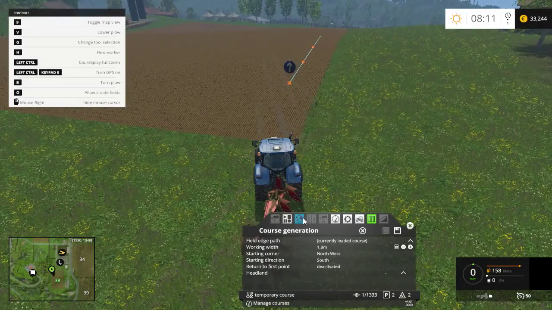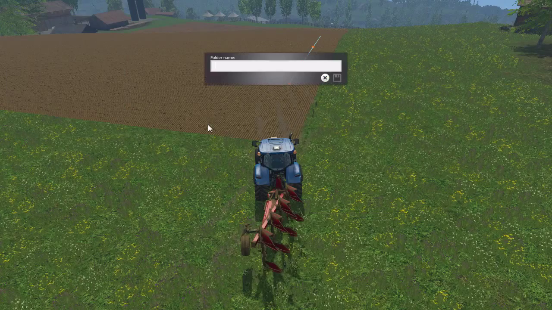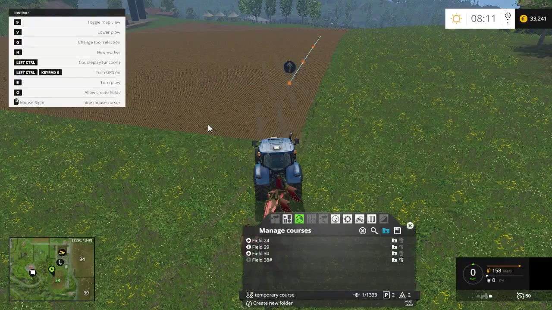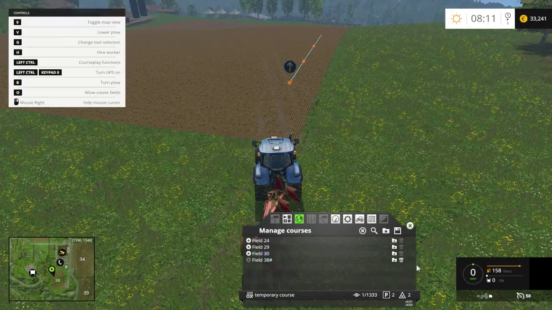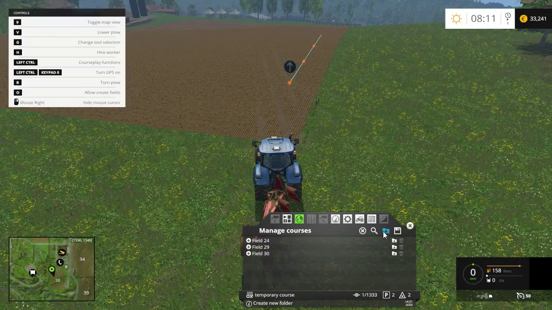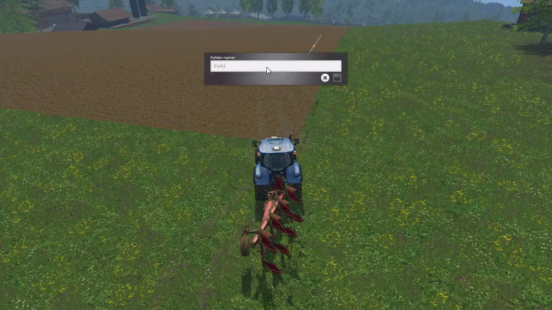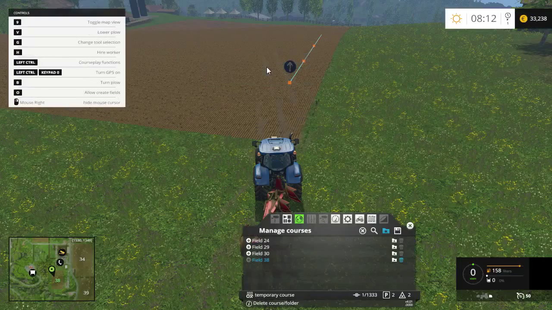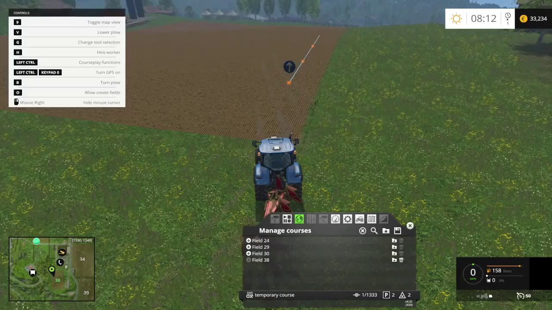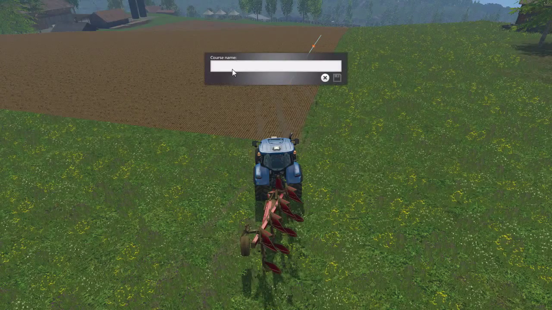And what I'm going to do is create a folder for field 38 because I like having my stuff organized. So you just do that, enter a name. I've entered a hash, so I'm going to delete that. To create a folder, you click on this folder with a star in it, enter your folder name, field 38 for example, and it does help if you have all the field's courses in a folder with the name of the field. Now I'm going to save the course, which is the save icon over here, and this